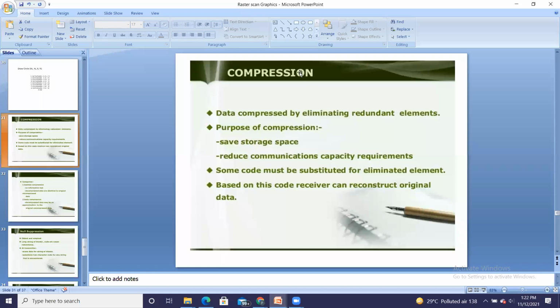The name itself gives you an idea. Compress means I'm going to compress the size. You are using software like Zip, WinZip, WinRAR. What you are exactly doing is compressing the size.